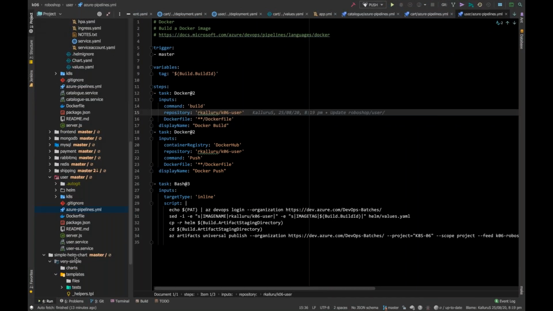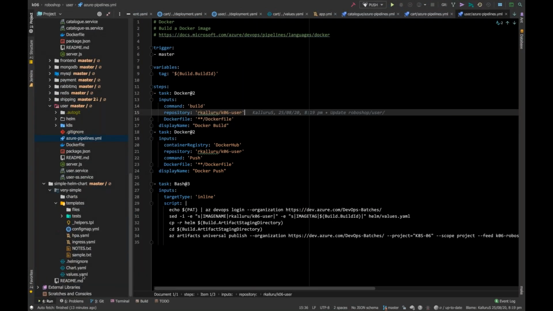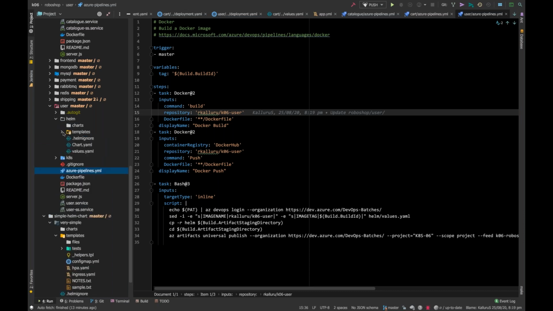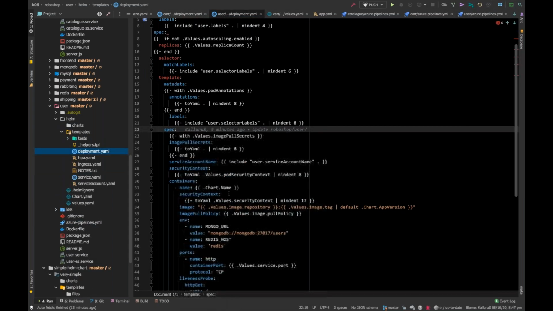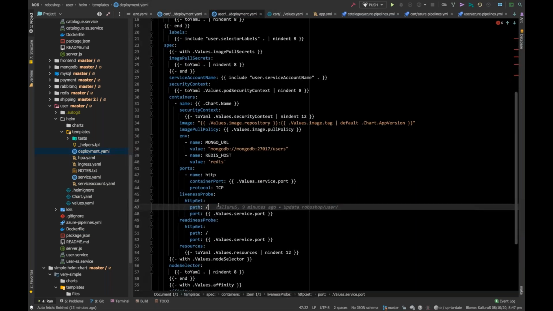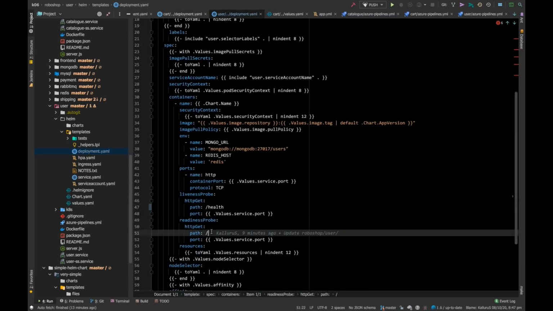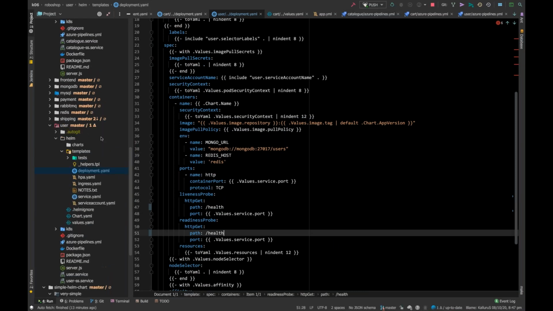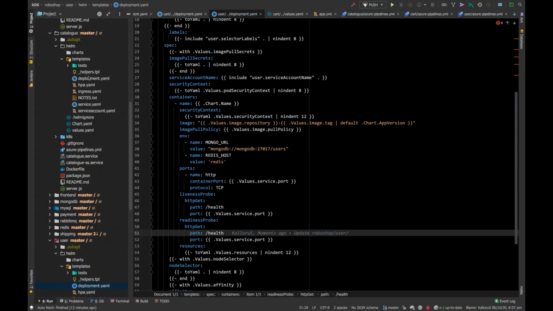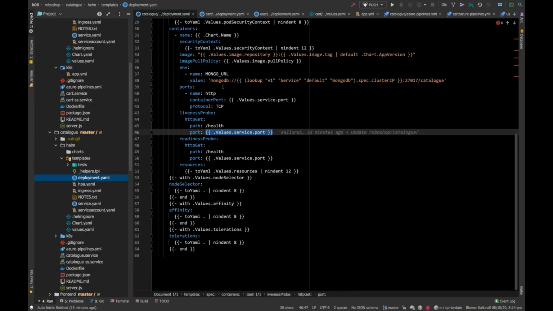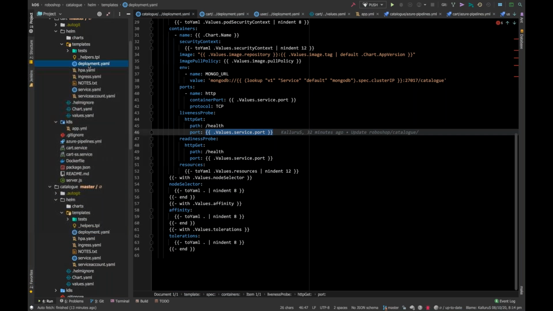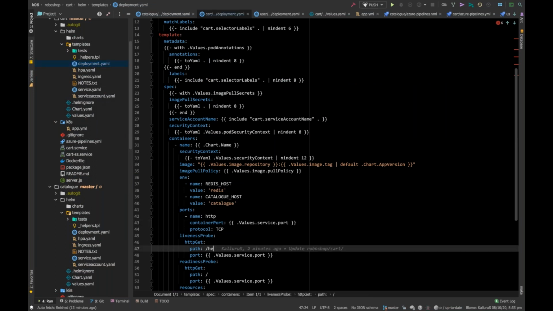Basically, the health checks for user, I made it wrong. My bad. It's always /health. And here also, for catalog, we already made it cart. So slash